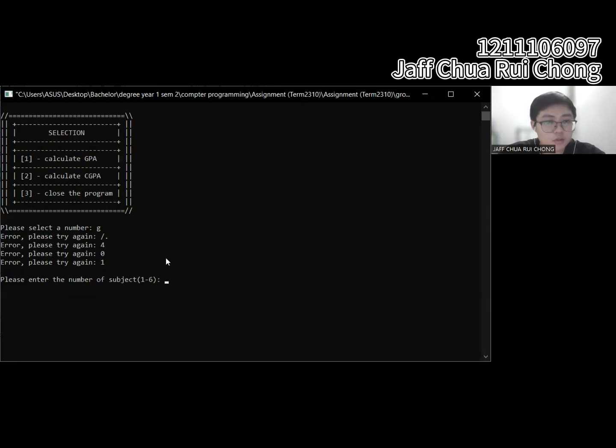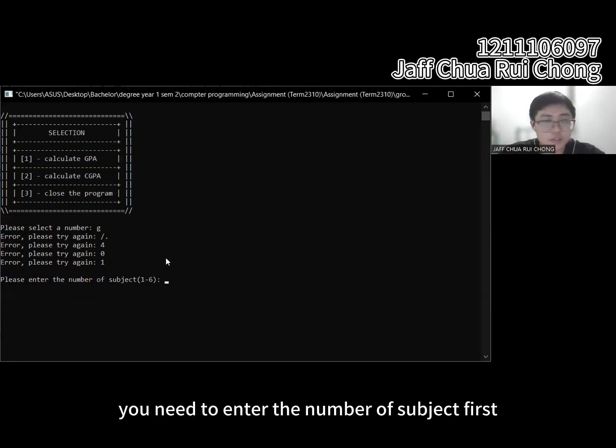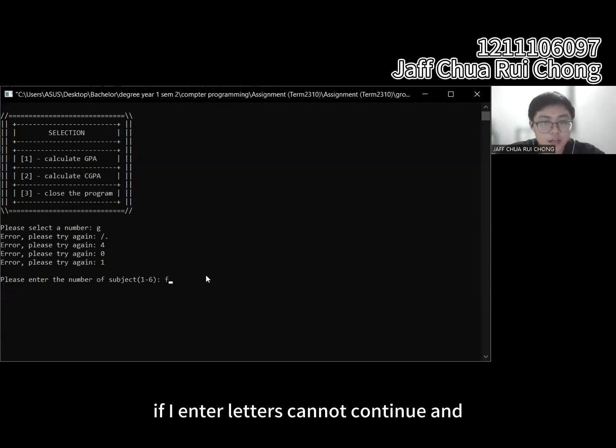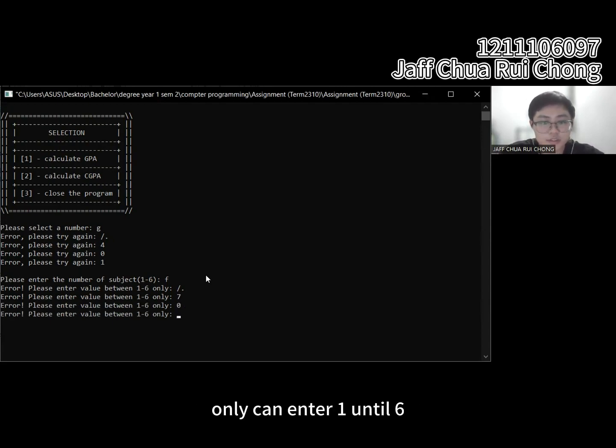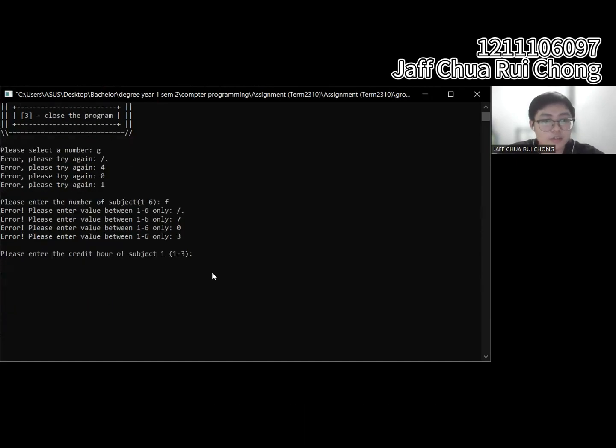The first one, you need to enter the number of subjects first. The number of subjects can only be 1 until 6. You cannot enter others. If I enter a letter, it cannot continue. A symbol also cannot. More than 6 or less than 1 is also not allowed. We can only enter 1 until 6. So I enter 3. Okay, after you enter the number of subjects, we can see the credit hour for the